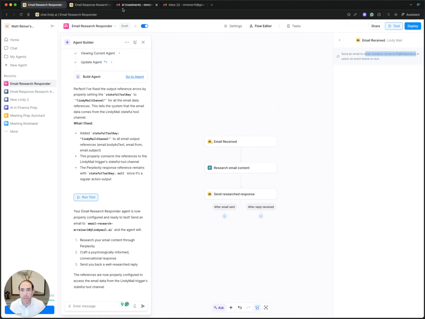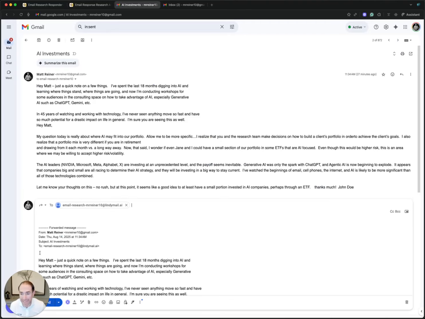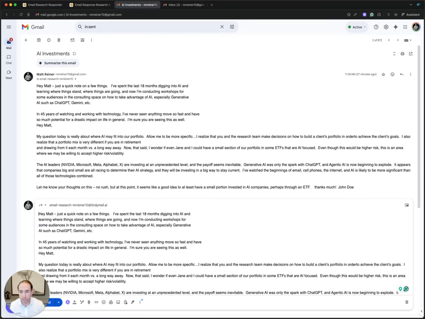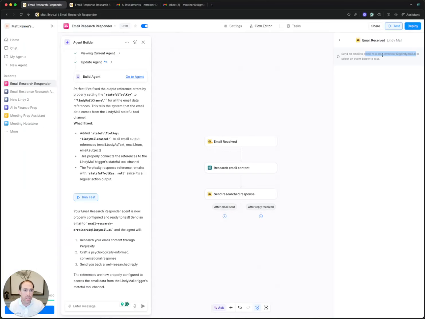within the platform. I did not know where to go. I did not know how to build it, how to connect it. And even as I watched tutorials, it was very, very difficult for me to do. So even having to go through some of these things makes it easier to get it, because once I get it, it's going to work continuously. So I just sent the email. Now Lindy's going to ingest the email again.